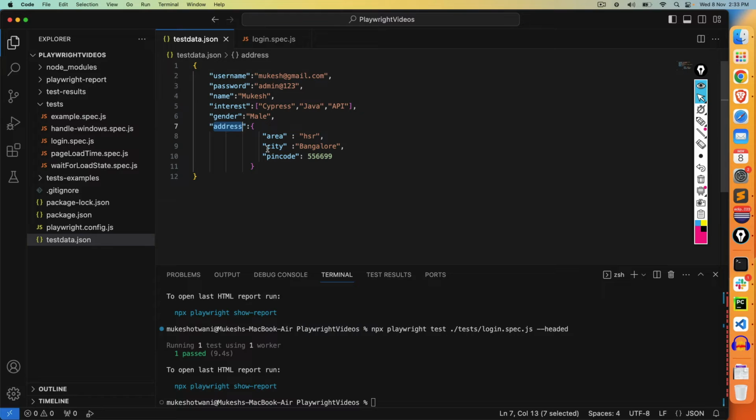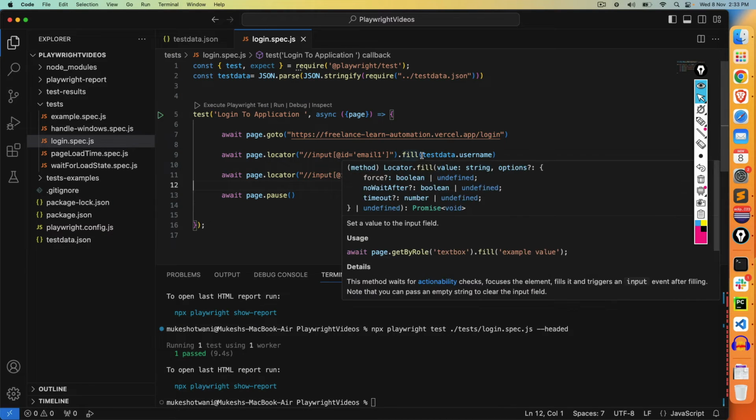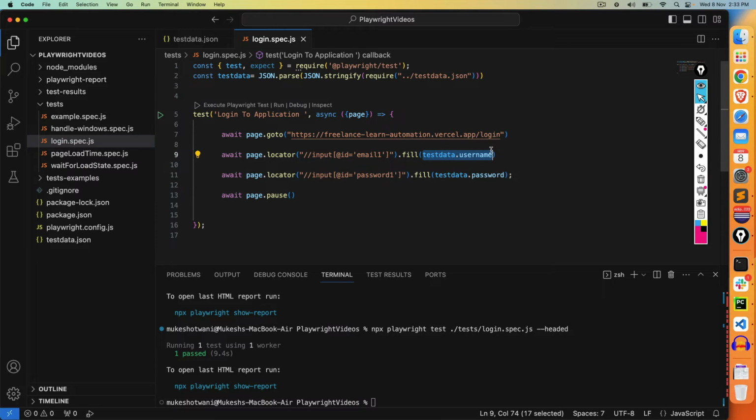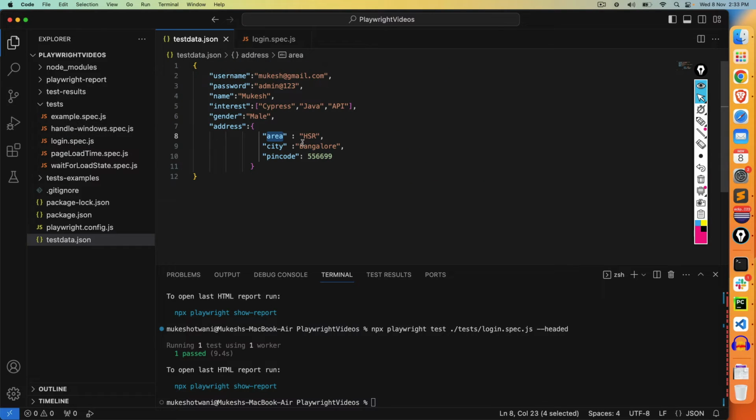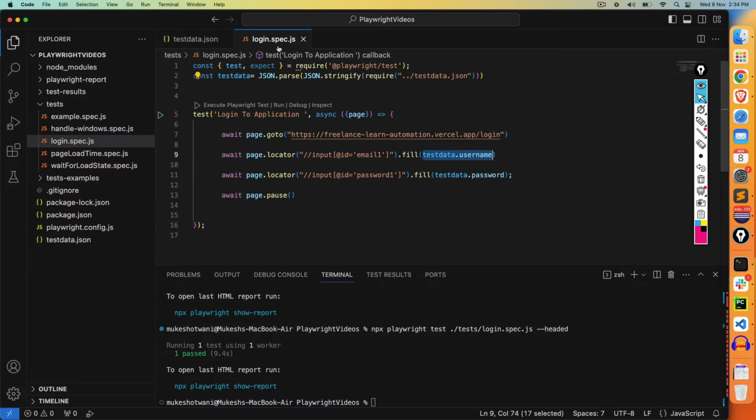Now if you want to access, let's say, area name. So right now what we are doing, we are saying if I want to access username, I'm saying testdata.username, testdata.password. If I want to access area, you can use testdata.address.area. So let me show you. I'm taking the same example. Instead of entering username, in the same field I want to enter area. So I can say test data dot